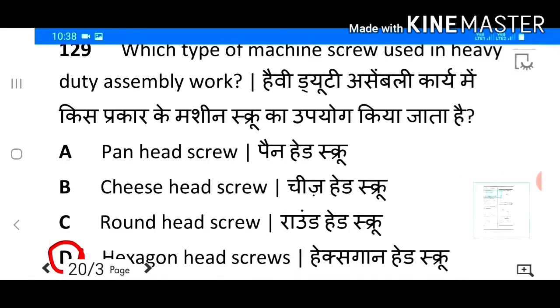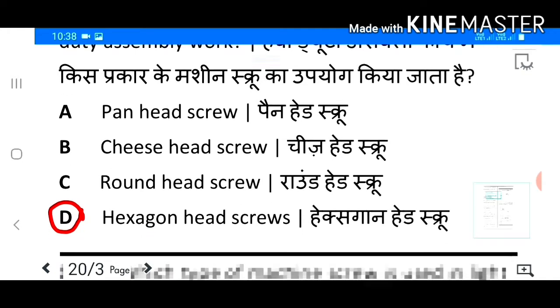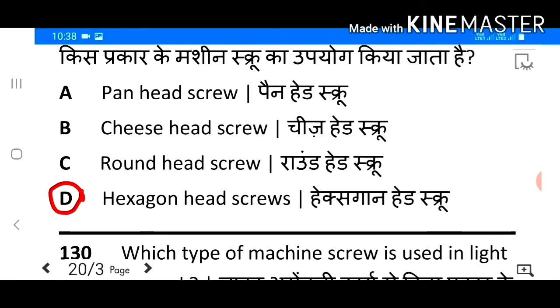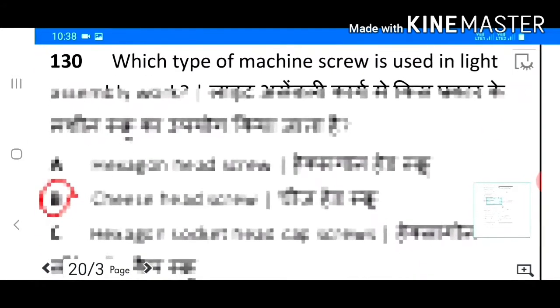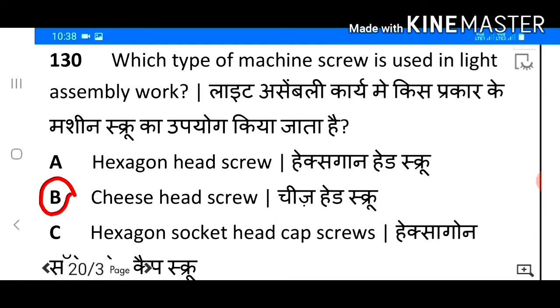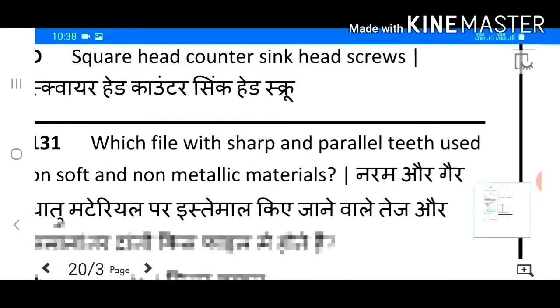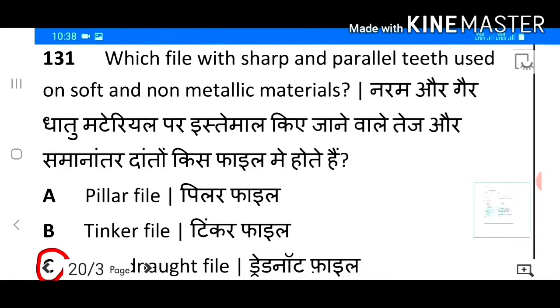129. Which type of machine screw used in heavy duty assembly work? Answer D. Hexagon head screws. 130. Which type of machine screw is used in light assembly work? Answer B. Cheese head screw. 131.